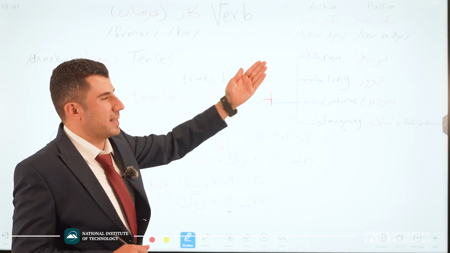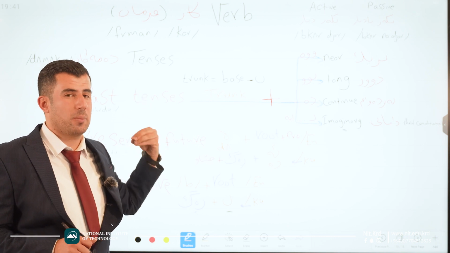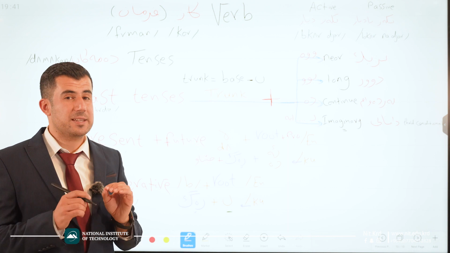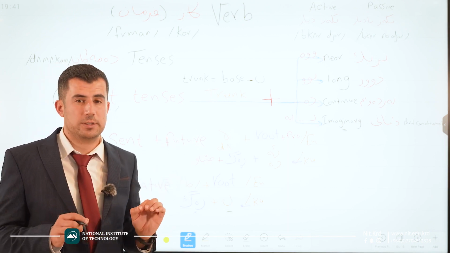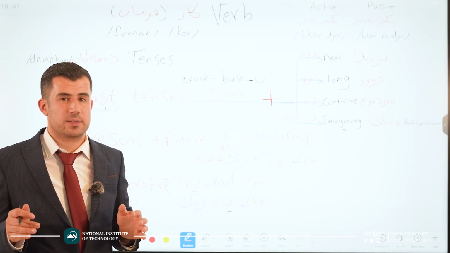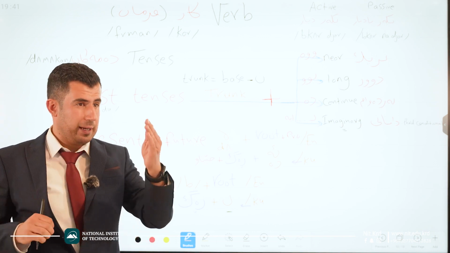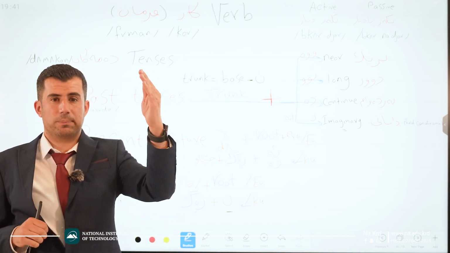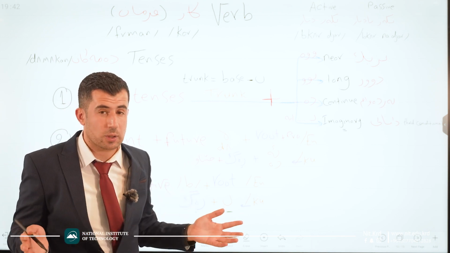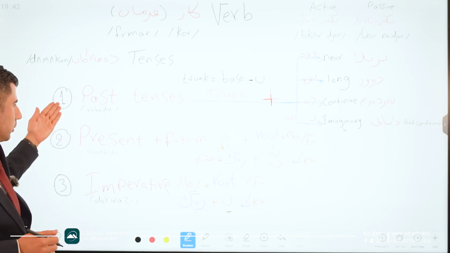According to the active and passive, we know that in English we have 12 common tenses. But it's not like the Kurdish language. Please pay attention to this point. It's so important. Why? Because in English we have 12 tenses. According to the time we have past, present, future. According to the types we have simple, continuous, perfect, and perfect continuous. But in Kurdish it's not the same. How and why? Just have a look here.